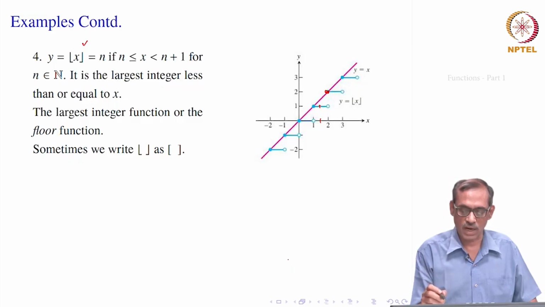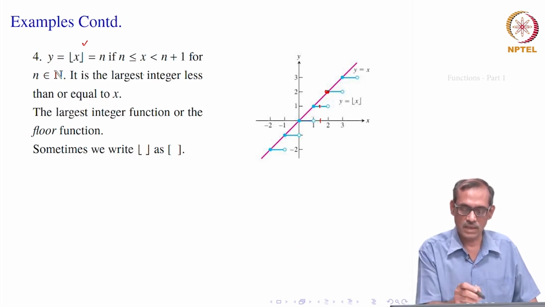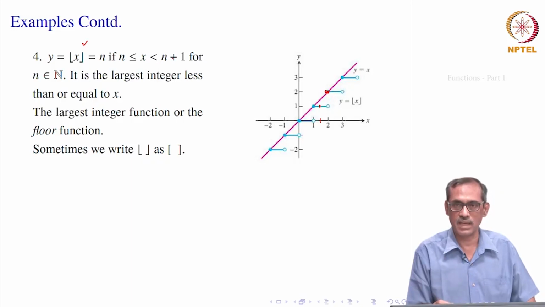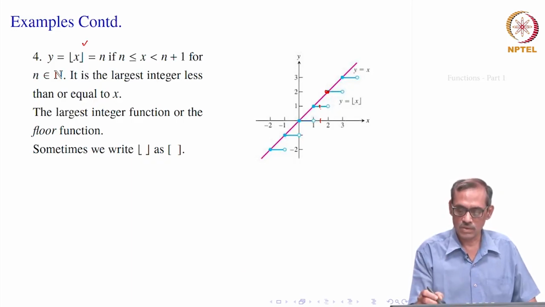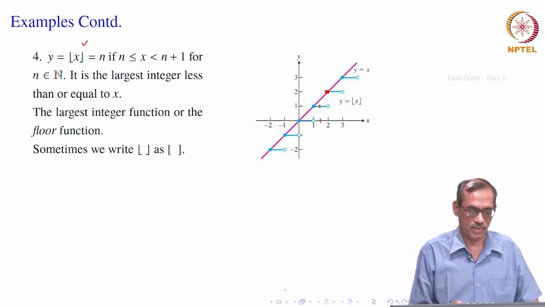and x equal to 1, its value is 1. At x equal to 2, it jumps to the next interval in the definition, 2 less than or equal to x less than 3, that will be applicable. So, you can see f of 1 equal to 1, f of 2 equal to 2, f of 3 equal to 3. On the integers it is like the identity function. On the other ones, when it is between 1 to 2, it is a constant function, again 2 to 3 is a constant function. So, its graph looks like this. This is the floor function.